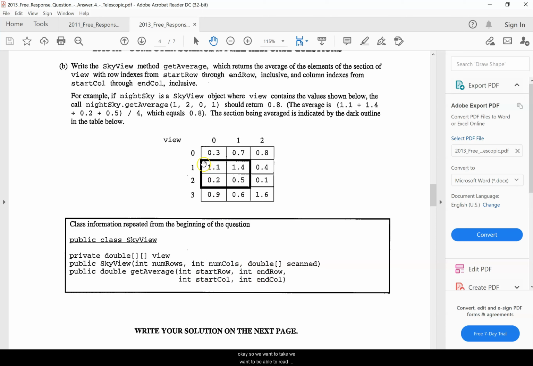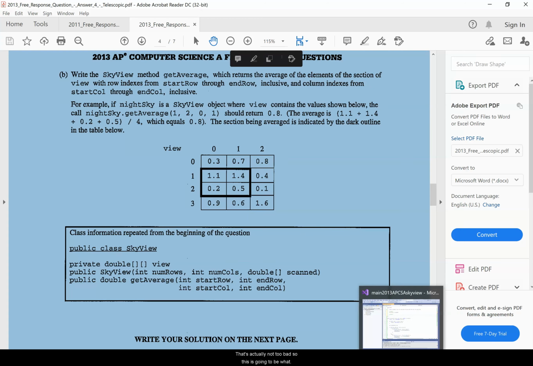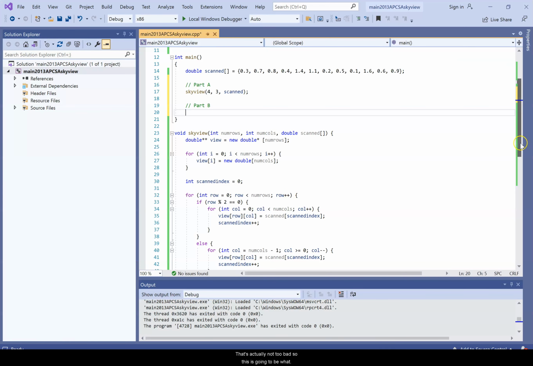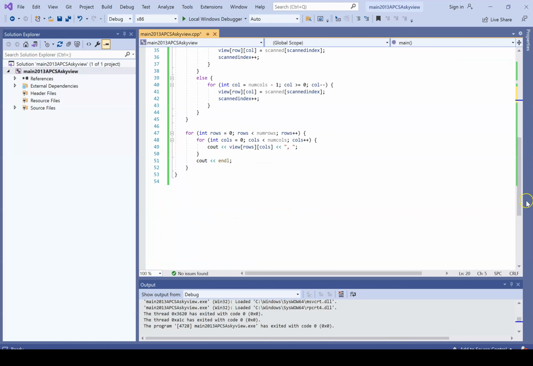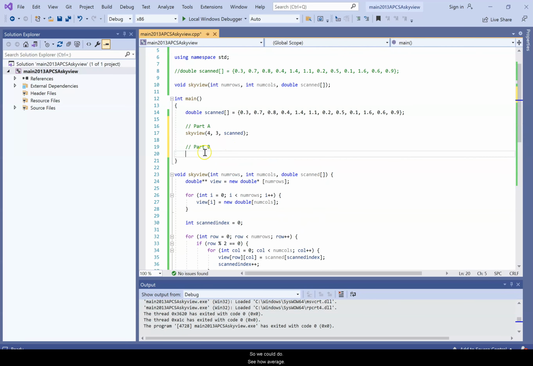So start row, okay, I just said row start, whatever, start column. Okay, so we want to be able to read through all of these. Well, not all of them. You want to limit them to where the row starts and where it ends and where the column starts and ends, all right? So that's actually not too bad. So this is going to be what? We want to get the average. So we could do